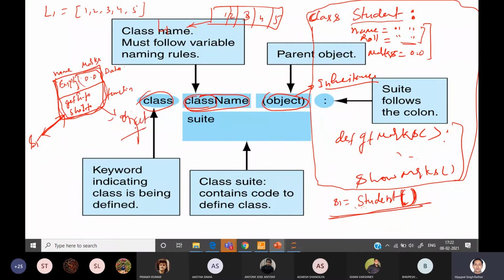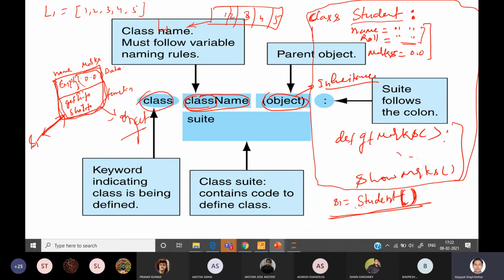Technically, if I ask you what an object is, we can say an object is an instance of the class, or an entity which has some properties or attributes and some functions, or we can say behavior. In real programming we call it a memory block where we can store the data members as well as functions.